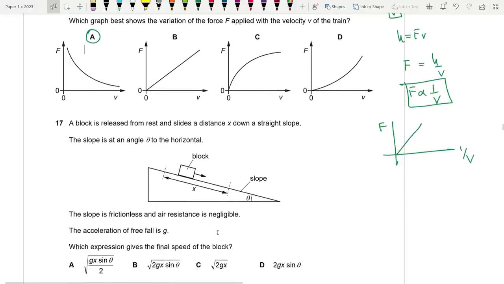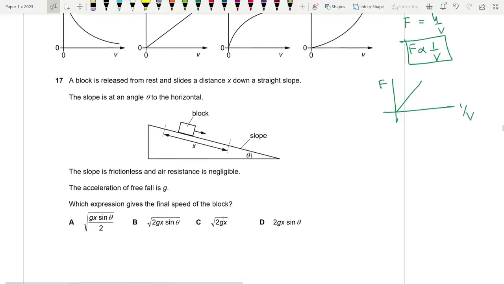Okay. Next, 17. A block is released from rest and slides the distance x down a straight slope. The slope is at an angle of theta to the horizontal. The slope is frictionless and air resistance is negligible. The acceleration of free fall is g. Which expression gives the final speed of the block? Okay,